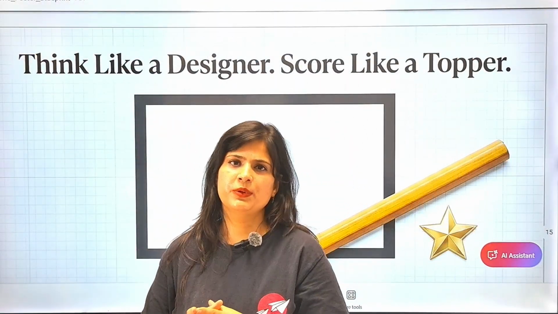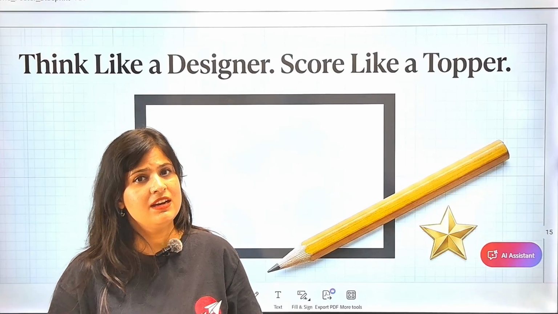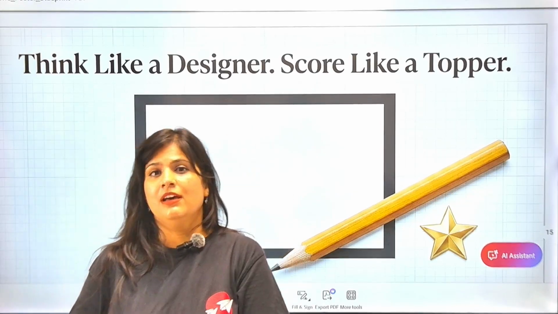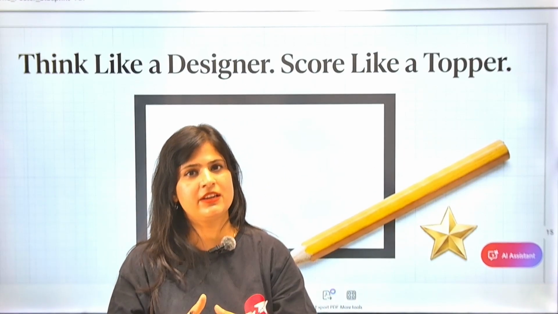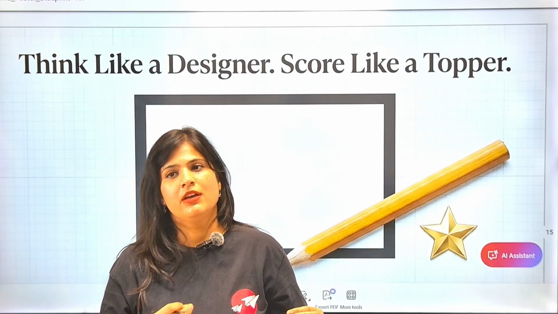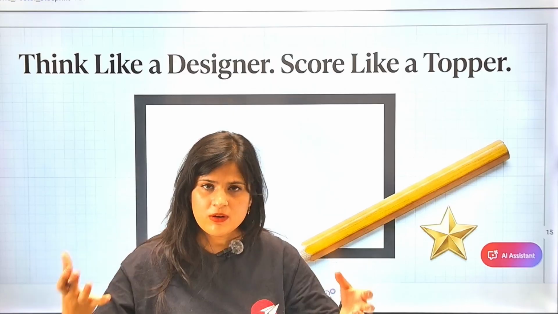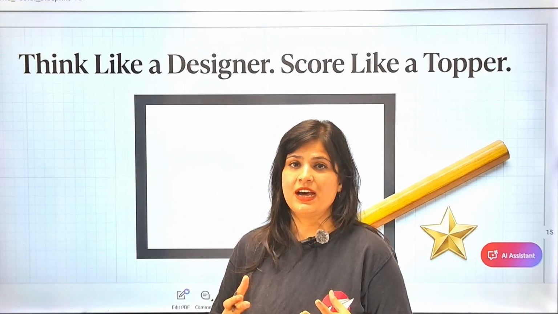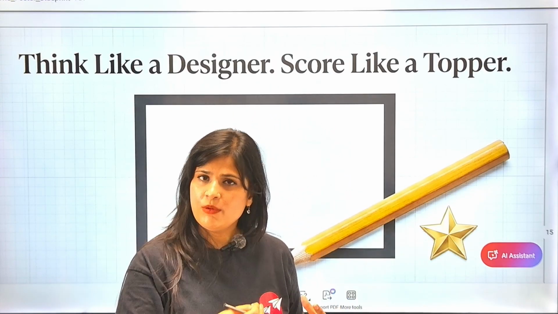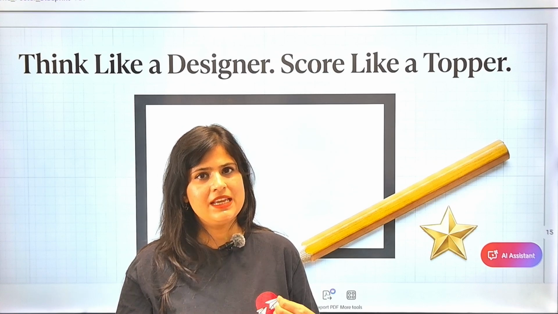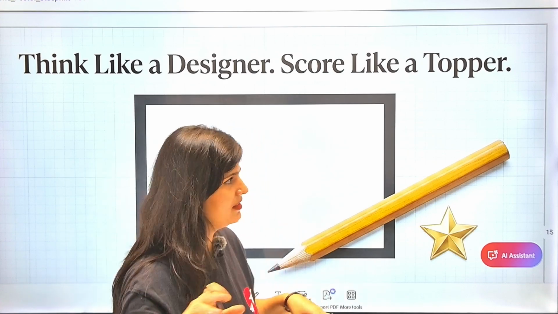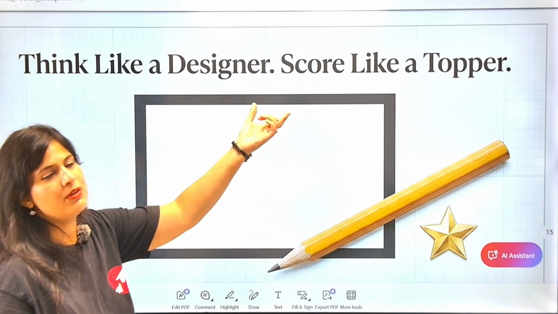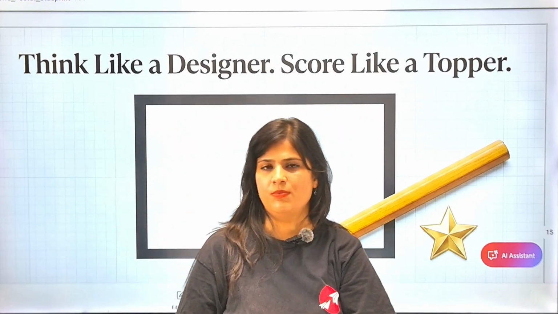Lastly, I want to leave you with the thought, think like a designer and score like a topper. So a designer's job is not to put all the elements together कि एकदम कबाड़ा बना दिए. No, you need not create a chaos of everything that you have. Rather, have few elements, use them wisely and put them in a neat format in the paper that is in front of you. And that is how you will be able to score like a topper.